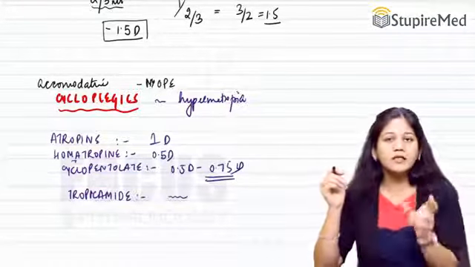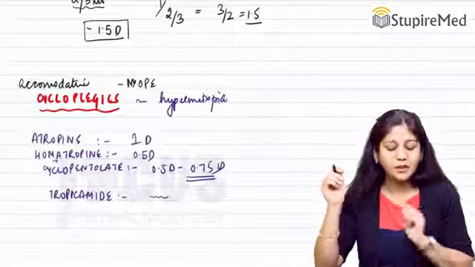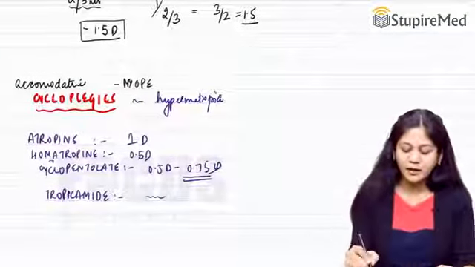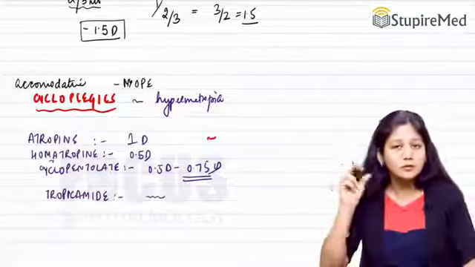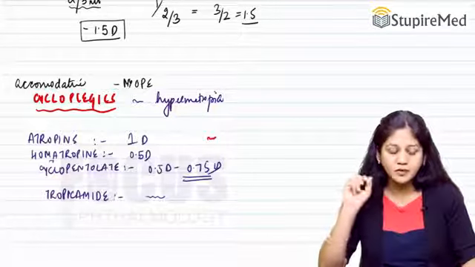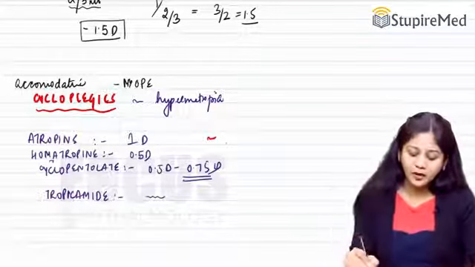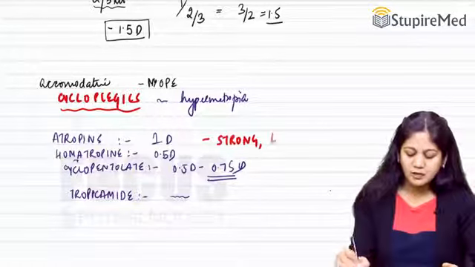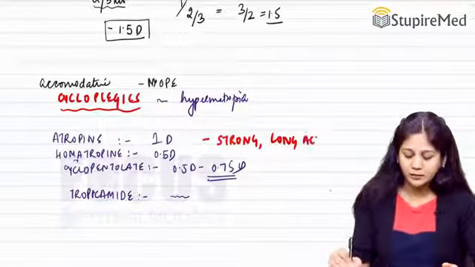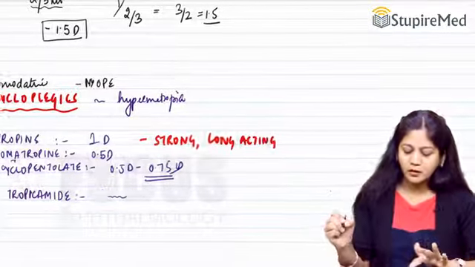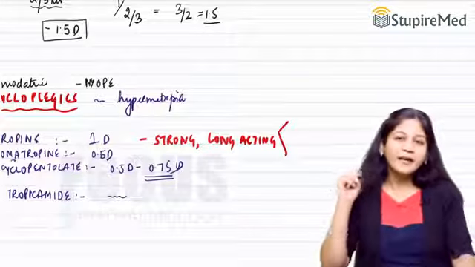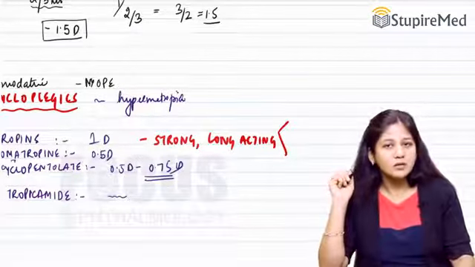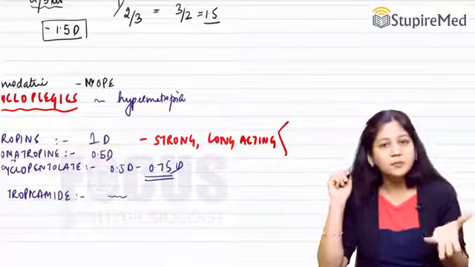should know the duration of action of each of the agents. So, let's complete the list by writing down the duration in hours of each of them. So, atropine is a very strong agent, and it is also very long acting. These cycloplegics are mydriatics also, isn't it? They are going to dilate the pupil as well.